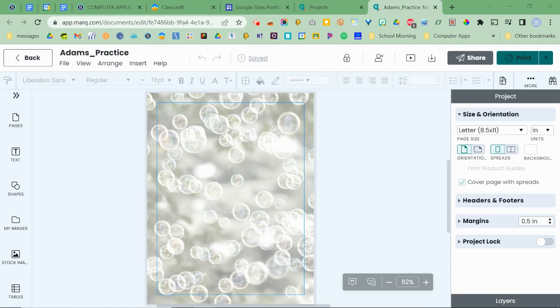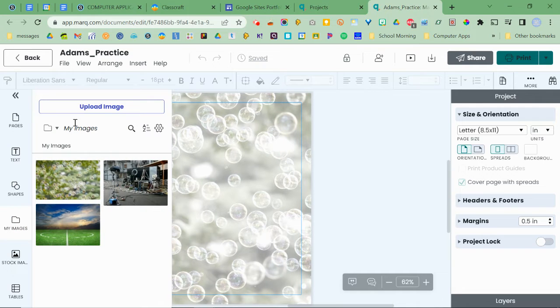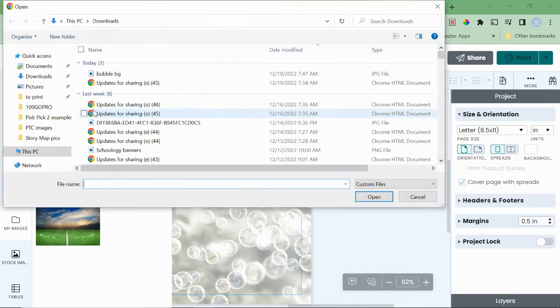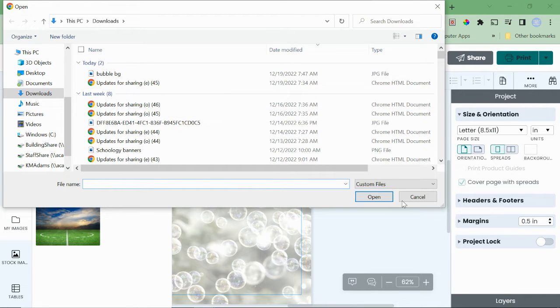Once you've added your background, it's time to add some content. And to do that, we're going to go over to the images button, click on that, and you'll see anything that you've already uploaded. Obviously, I have some stuff here. You might not. If you click on the upload image, it'll take you to your files and allow you to